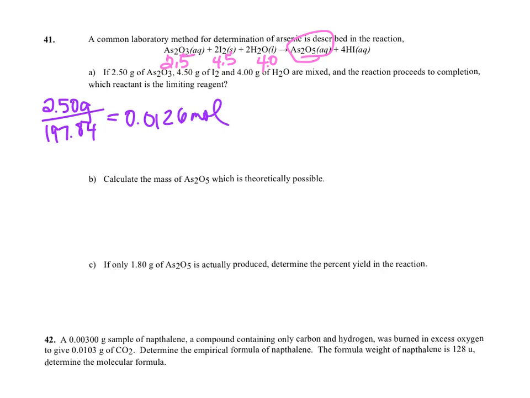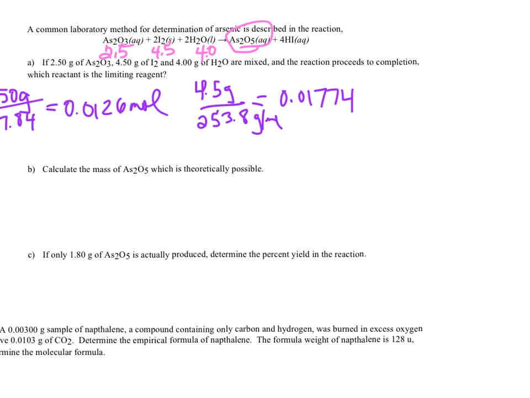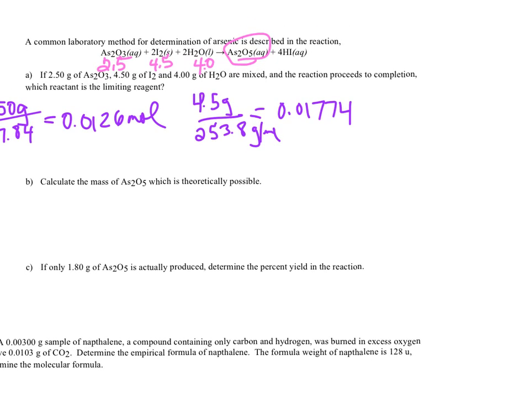And then let's look at iodine, 4.5 grams, divided by the molar mass of 253.8 gives me 0.01774 moles. And then last but not least is my water. My H2O is 4.0 grams divided by 18.02, which is going to give me 0.222 moles